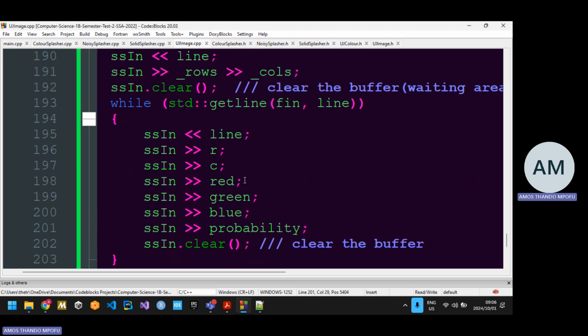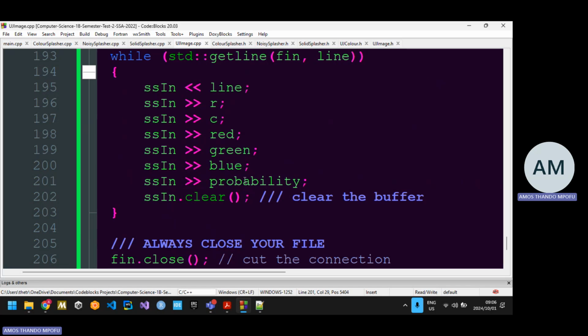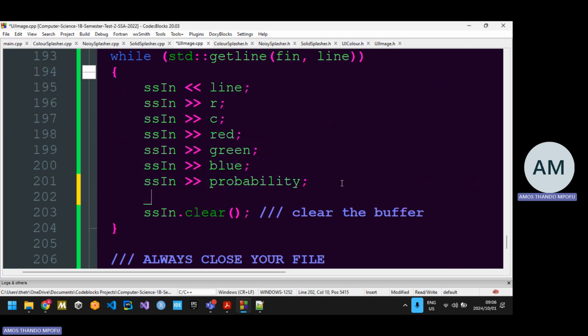value, right? Then we need to set our pixel. Remember, we have the row and column, and we have the value of the UJ color. How do we set it? You say underscore pixels, and that specific row and column is going to be equal to our